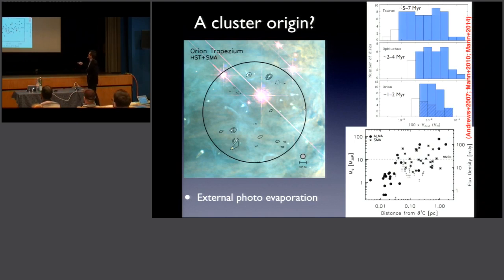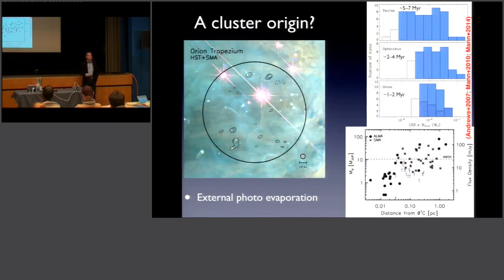And in fact, if you look at the distribution of the mass of these disks measured by ALMA and SMA, again this is millimeter photometry, as a function of the distance from this star, which is the source of the energetic radiation here, you see that the disks that are close by have very low masses, much below the minimum mass solar nebula. So it would be hard for us to form there, even if we would survive. But if you go outside the cluster, in the outskirts of the cluster, then the properties